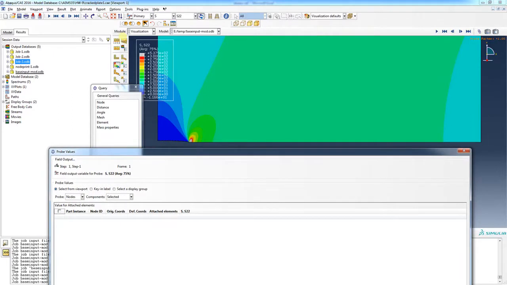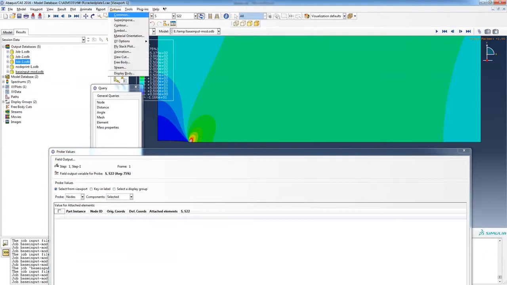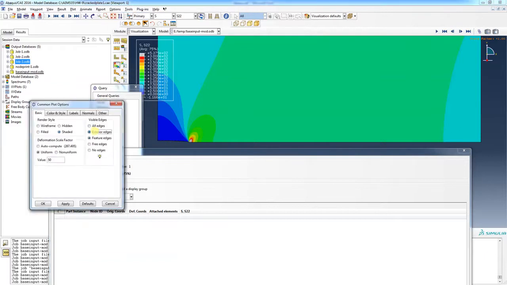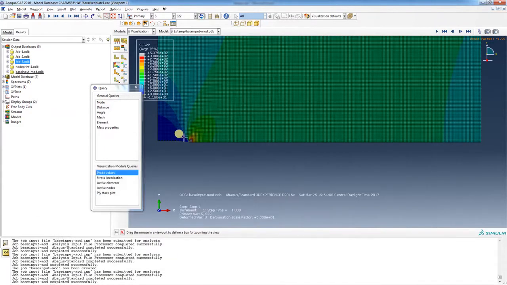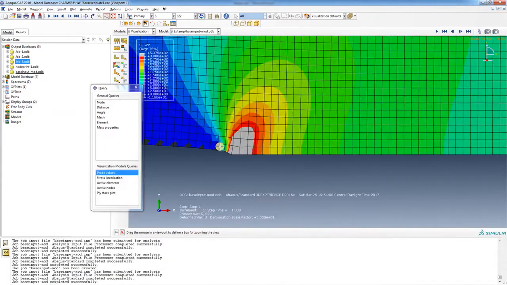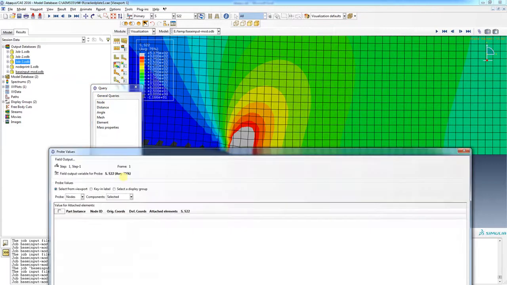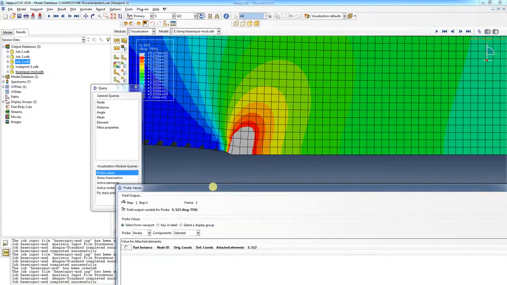Alright, now in order to pick the nodes, I'm going to turn the lines back on. And I'm going to zoom in here a little bit more. And I'm going to select a bunch of nodes from the viewport. So right here,